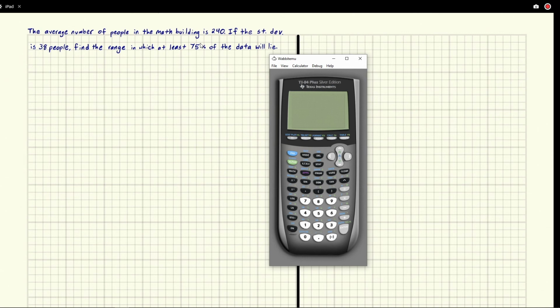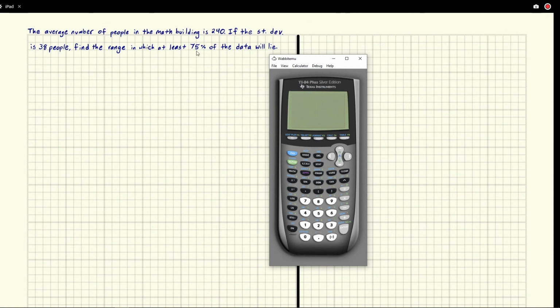The average number of people in the math building is 240. If the standard deviation is 38 people, find the range in which at least 75% of the data will lie. So we need to find this range for at least 75%. Now this word "at least" is kind of a hint, and 75% is also kind of a big hint for